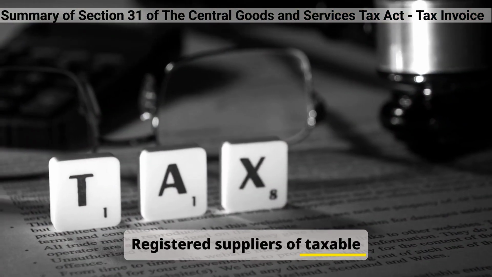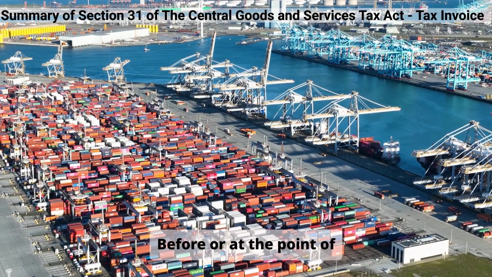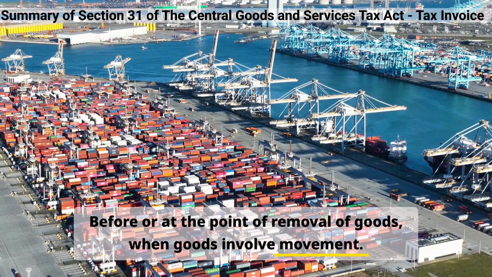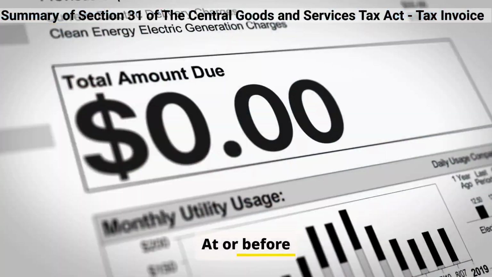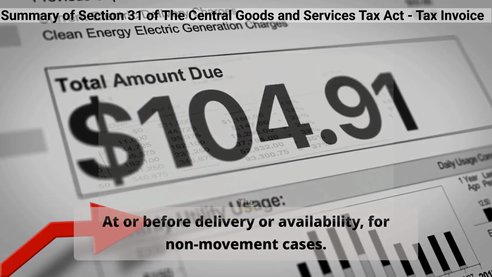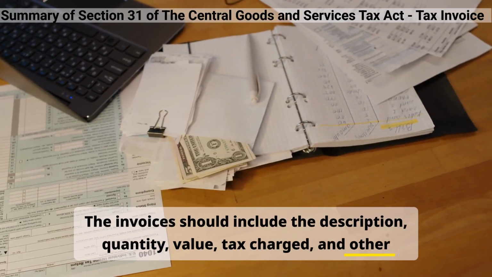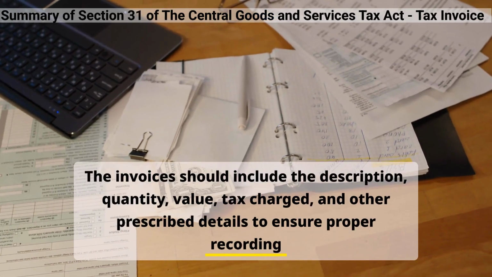Registered suppliers of taxable goods must issue tax invoices before or at the point of removal of goods, when goods involve movement, at or before delivery or availability, for non-movement cases. The invoices should include the description, quantity, value, tax charged, and other prescribed details to ensure proper recording and compliance